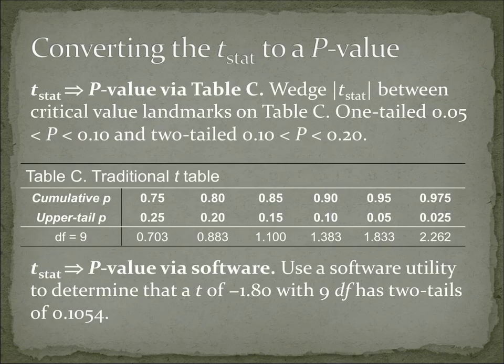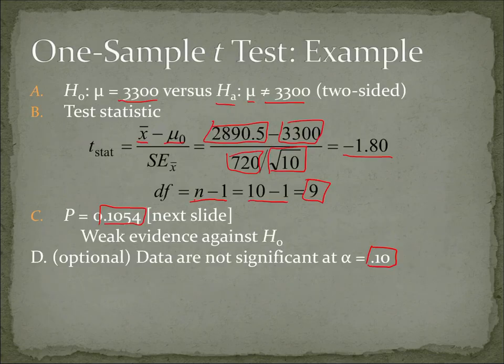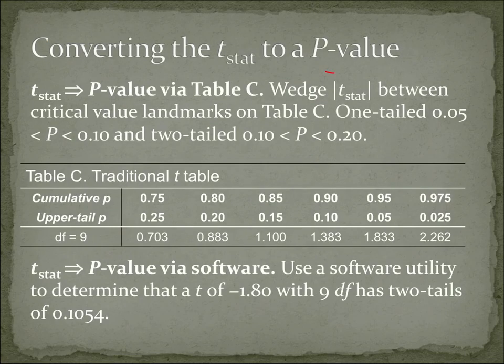So, converting the t-stat to a p-value via table C wedge. We're taking the absolute value of the t-stat. Our t-stat here was negative 1.80, and when we take the absolute value of it, it becomes just 1.80. Then we wedge the absolute value t-stat between the critical value landmarks on the C table. So the one-sided tail would be 0.05 greater than p, which is less than 0.10,